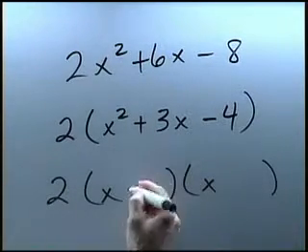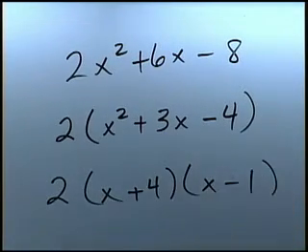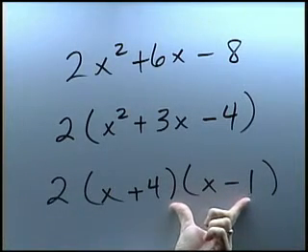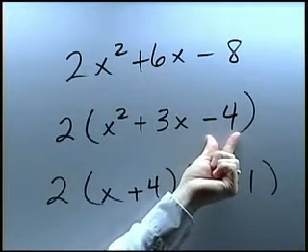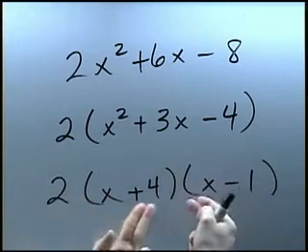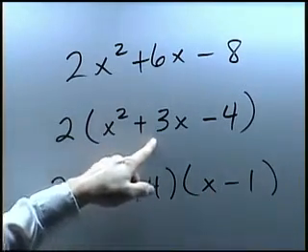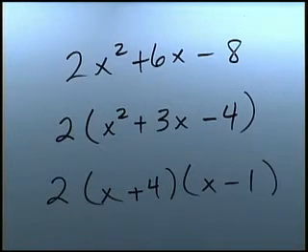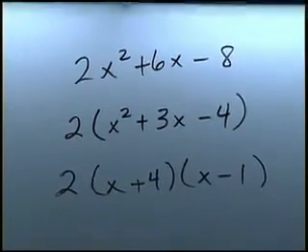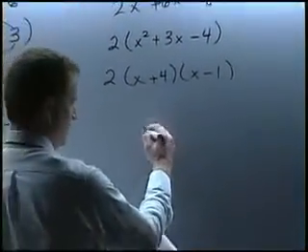Okay. I think just the signs flip there. Yeah, I think if we do a positive 4, an x plus 4, and an x minus 1, this will work. Because if we multiply these together, we end up with negative 4. And if we do the outside and the inside part of FOIL, we've got a 4x and a negative 1x. That'll give me my positive 3x. And so yes, this is the correct factoring here. Okay. All right, another type of factoring